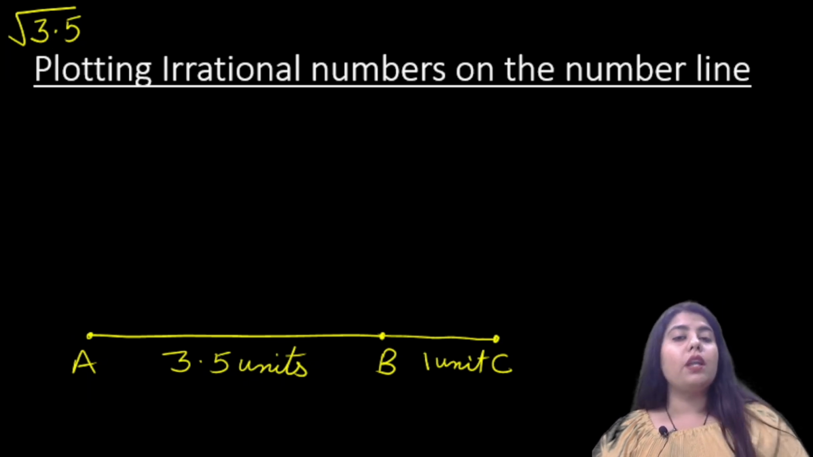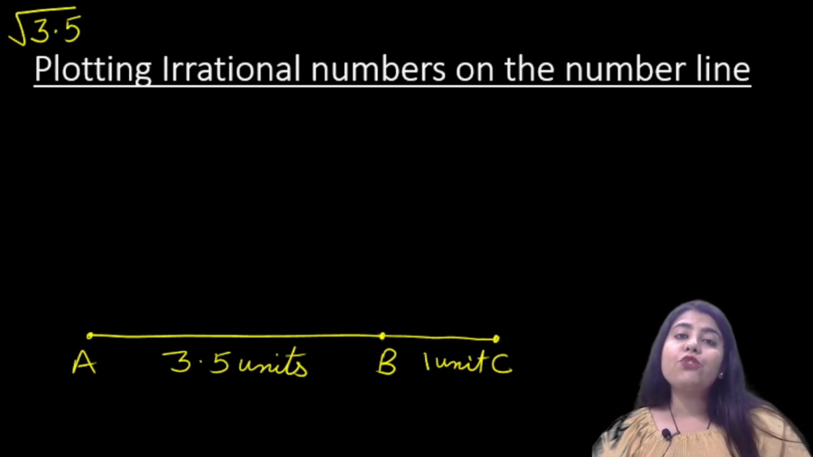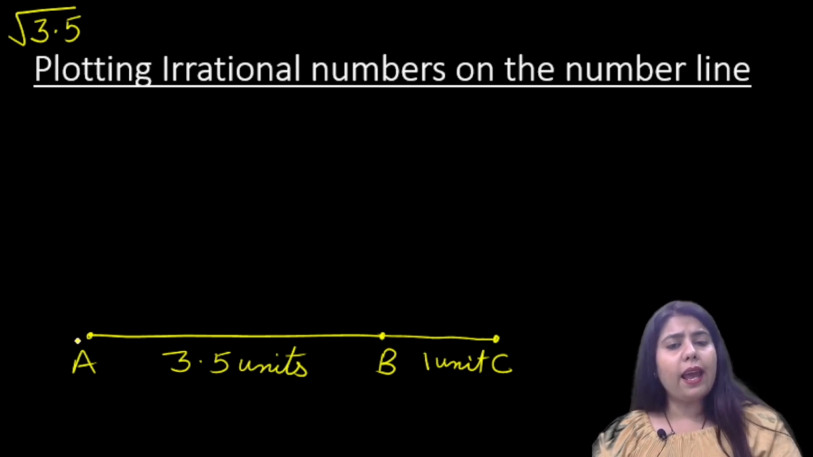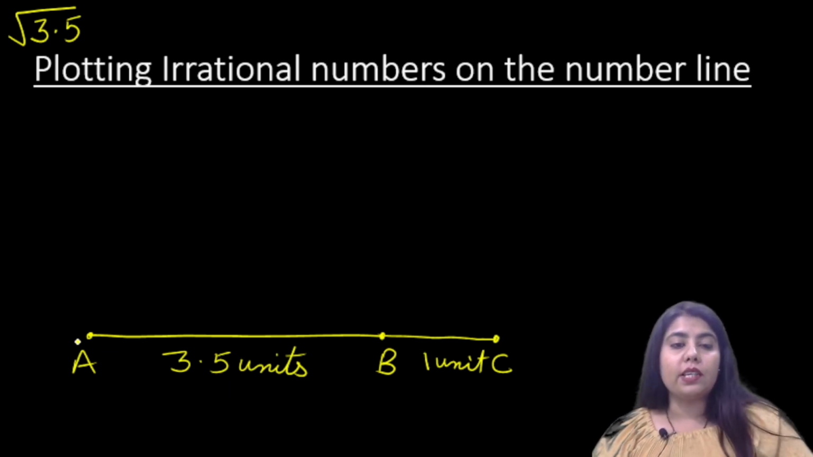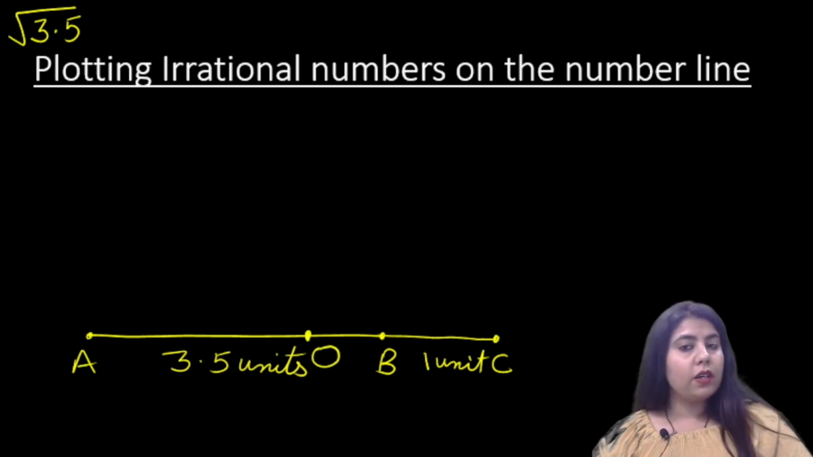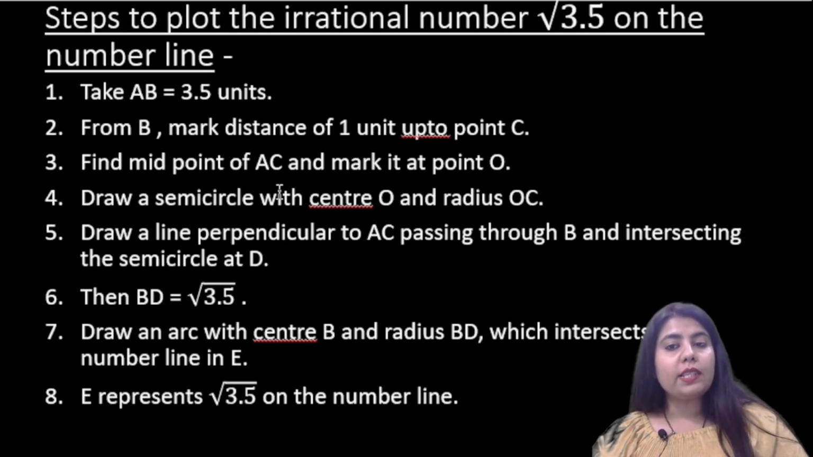1 unit. Now in the next step we have to find out the midpoint of AC. Just take the scale and plot the midpoint of AC. Okay, let us take this point. This is the midpoint of AC and we will mark it as point O. Okay, the third step was you have to find the midpoint of AC and mark it as point